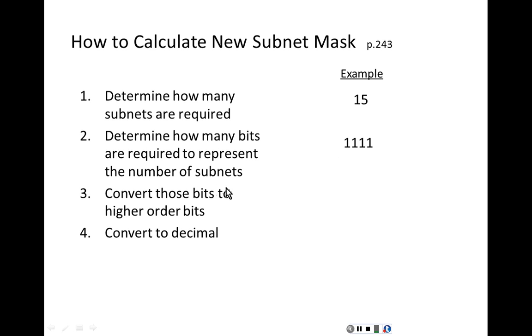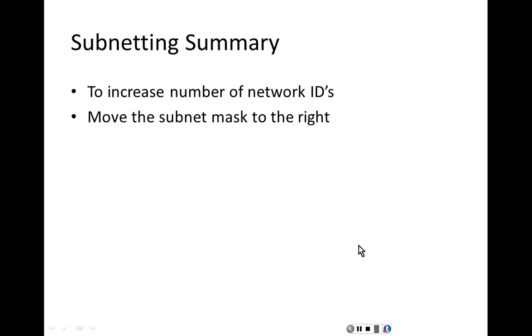And then we convert those bits to high order bits. And we convert that to decimal, and that's the new subnet mask. It's a 4-bit subnet mask. So, to increase the number of network IDs, we move the subnet mask to the right, and that is called subnetting. And this is the end of part 3 of chapter